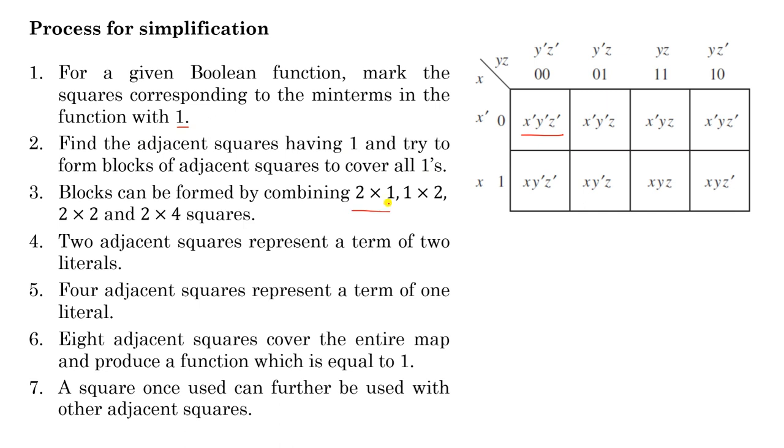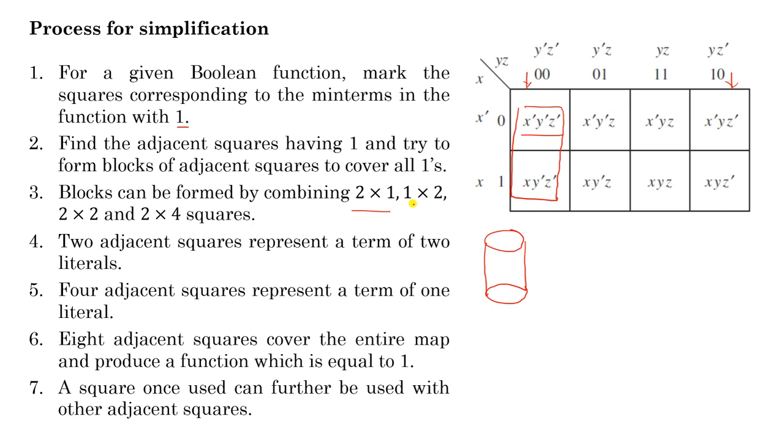Size may be 2 by 1. Suppose for example here it is 1, here it is 1, then you have a block of 2 by 1. Similarly, it may be possible you have a block of size 2 by 1 here or here or here. Another interesting thing is, this is a rectangle, but you have to assume that this rectangle is framed in a cylindrical surface. What will be the benefit of this? You will see, if you frame it in a cylindrical surface, then the first column is adjacent to the last column.